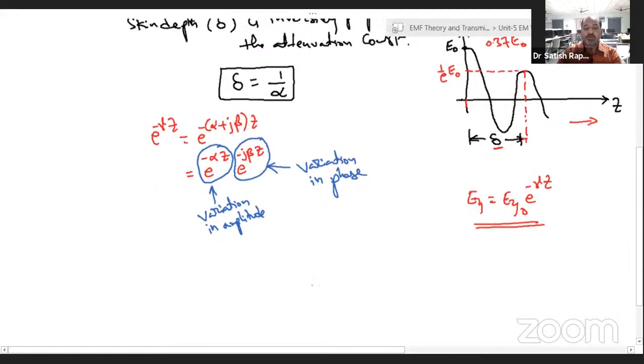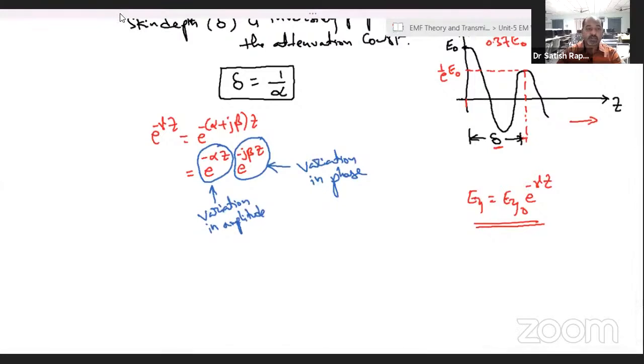So from this we can say that the first term is amplitude, that means e power minus alpha z is amplitude, at z is equal to delta, which is called skin depth. At z is equal to delta, e power minus alpha delta is equal to e power minus 1,